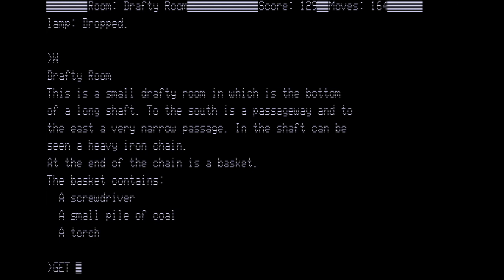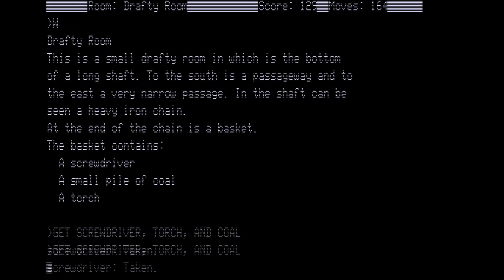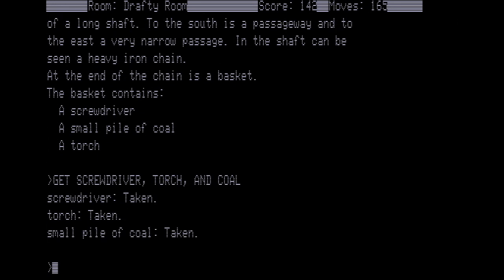So let's get the screwdriver, the torch, and the coal. We have taken them all, and now we are going to go south